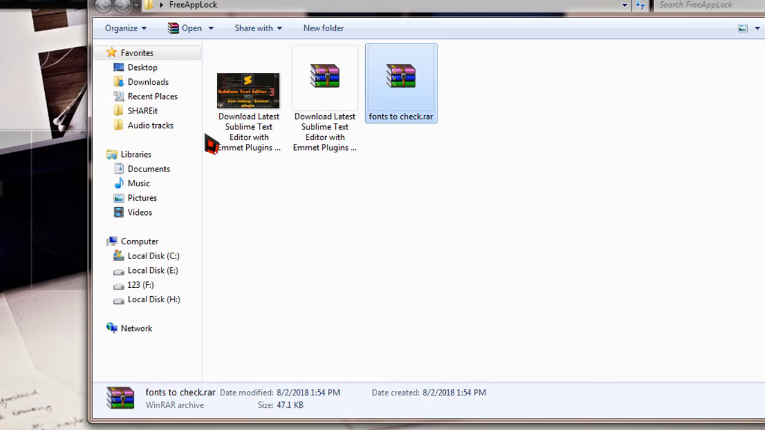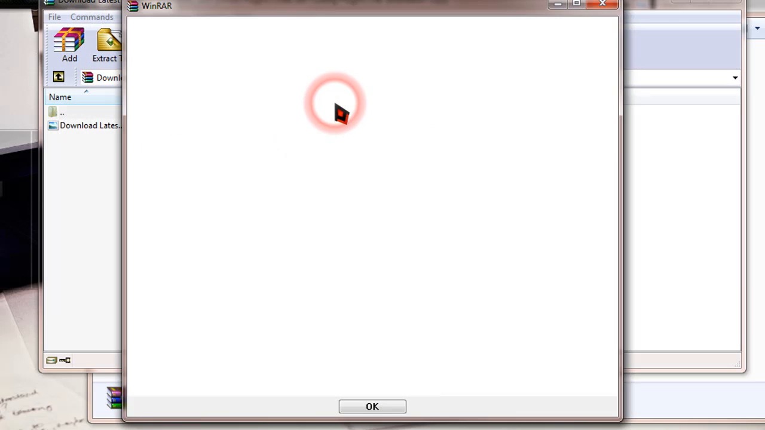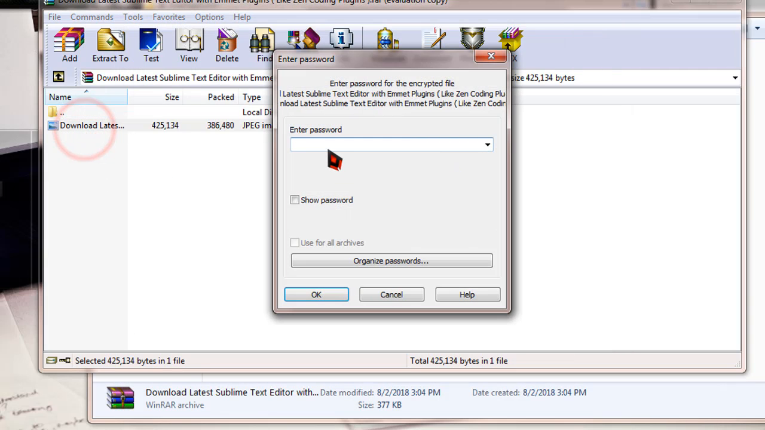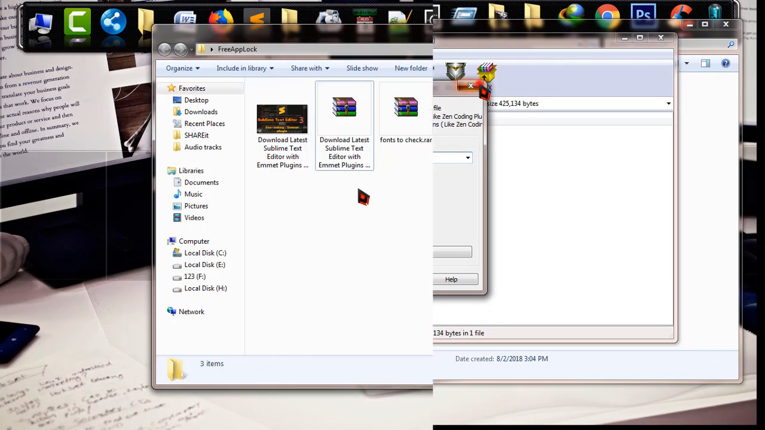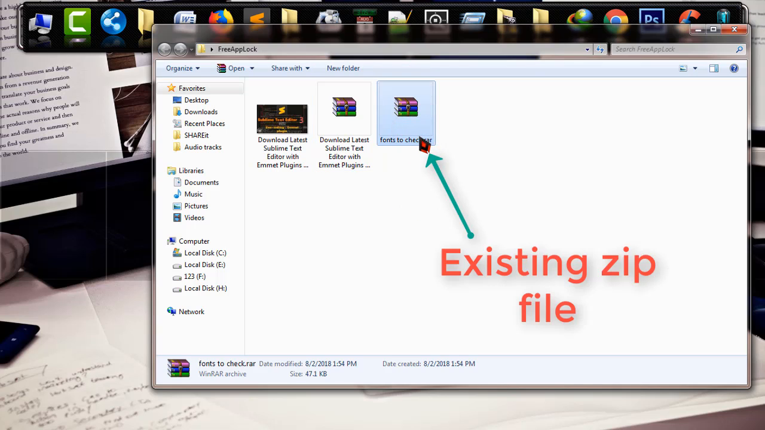And now this is the file which I have locked in zip form. And now if I double click on it and double click on the file, it will ask me for the password. Unless the password is entered, it cannot be opened. Okay. And now the second one is, this is the existing file in my computer and it is not protected